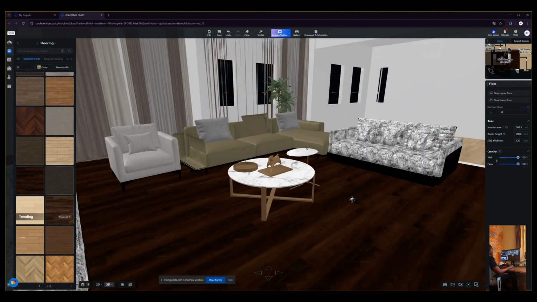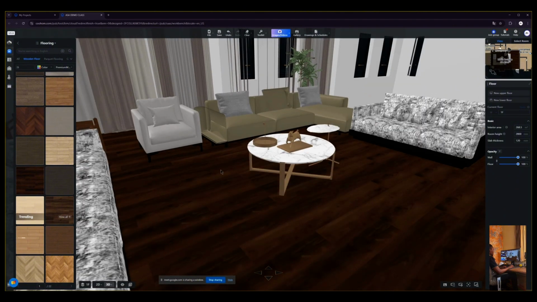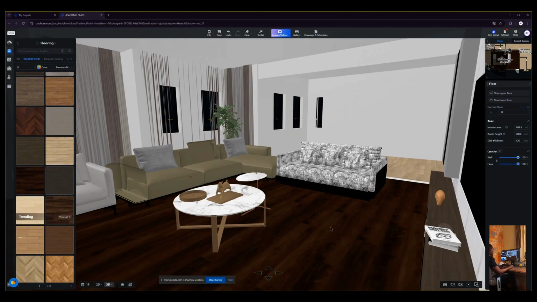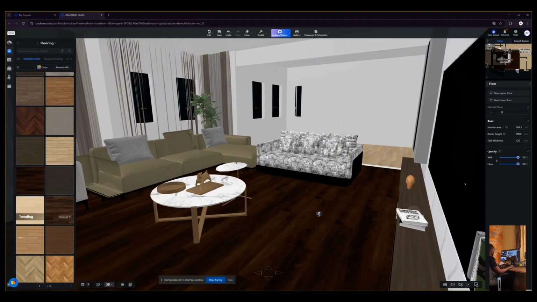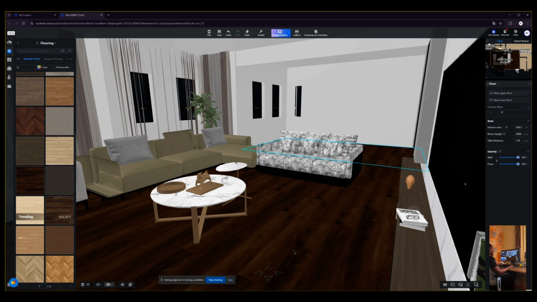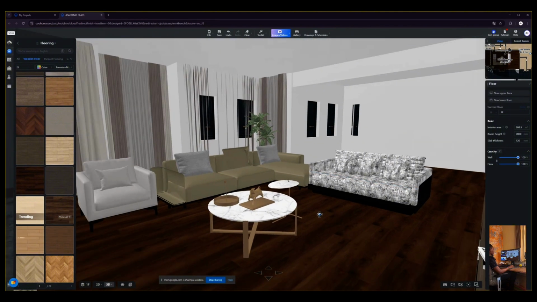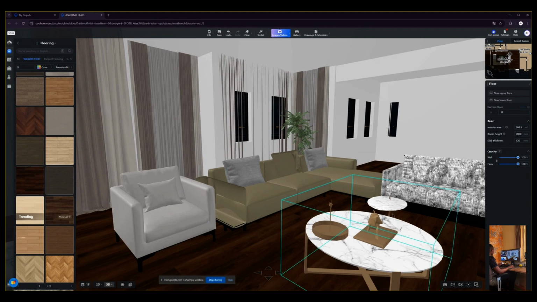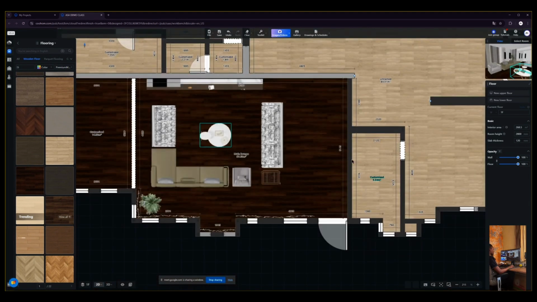So you can see how easy it is to manipulate your finishes, as opposed to the software where you have to go find foreign materials and then upload them, then start worrying about the scale. All of that is taken care of with the AI at this point. So again, the same thing, I can just use M and I can pick and drop my material wherever I want it to be. So with that in mind, we have our seats, curtains, the floor is done. So let's very quickly do our ceiling,